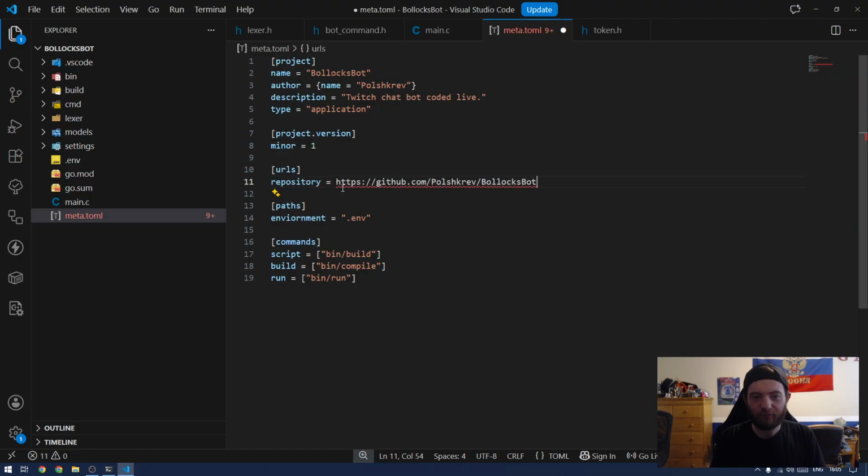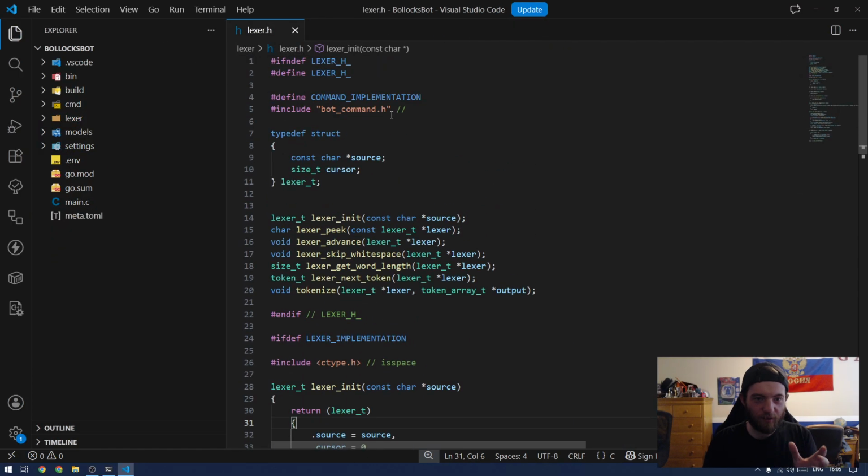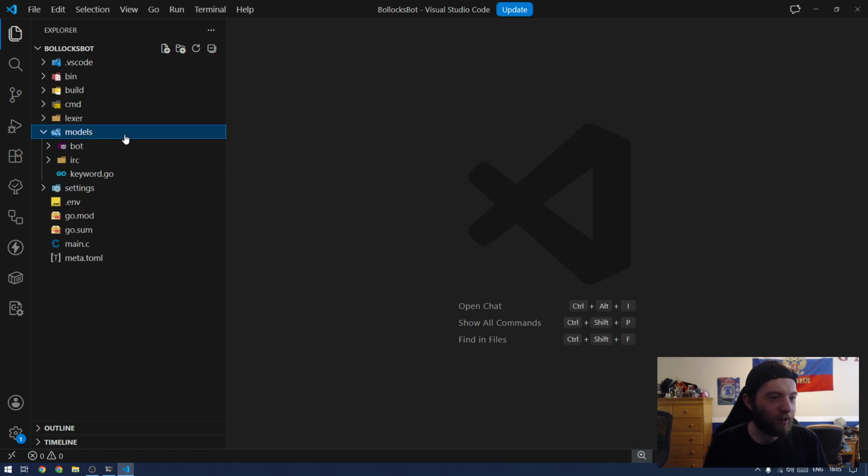Repository. There we go. I think that's fine. All right. I don't know. Do I change views? Do I update the... I don't know. All right. So let's implement this in Go. Let's implement, or I don't know, not necessarily implement this in Go, but I mean make it work for like chat messages and stuff like that. Right? So we're going to do